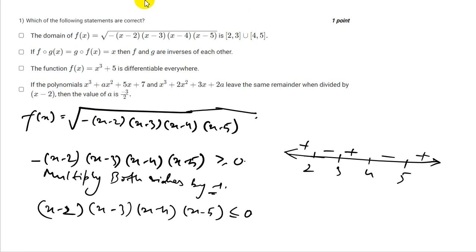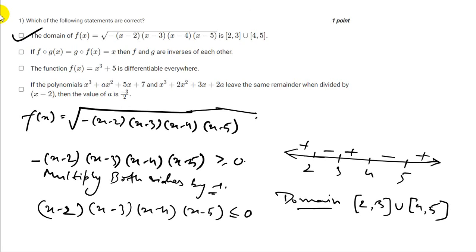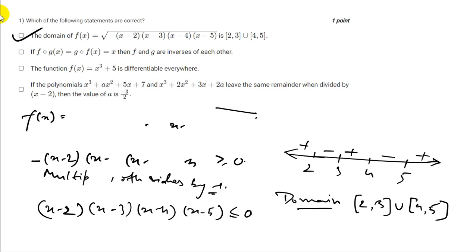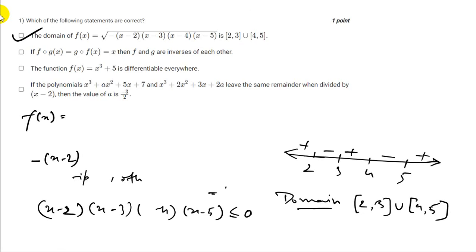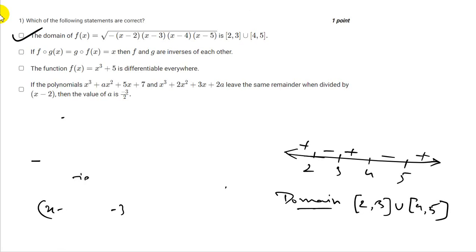Okay, so according to this, the domain is the minus part, in which there is minus, and that too in the closed interval. Okay, so [2, 3] union [4, 5]. So this option is the correct one. Okay, very well. The next says that if f